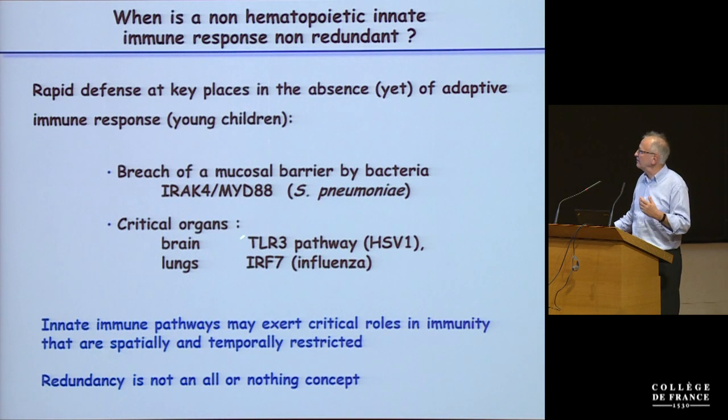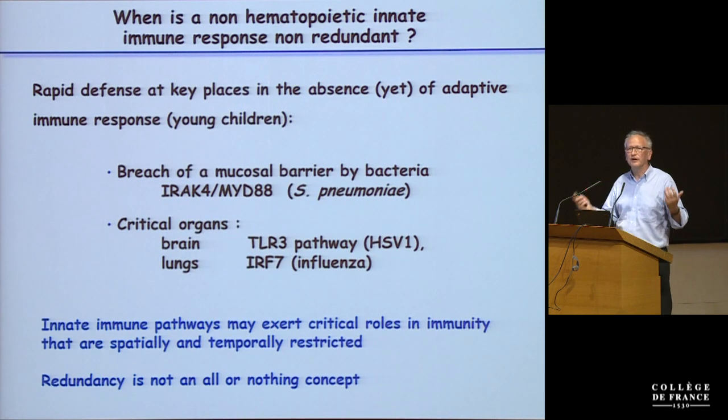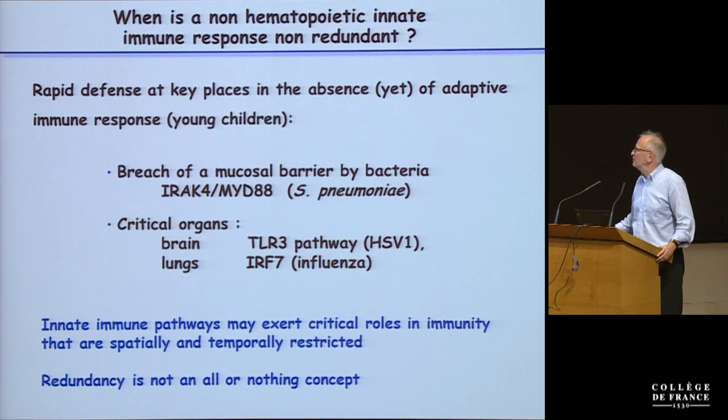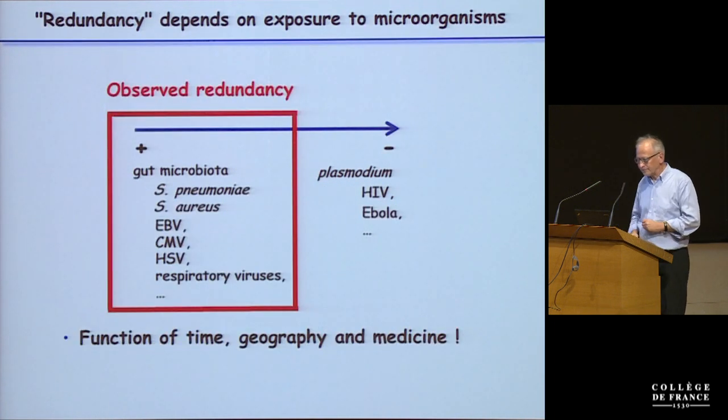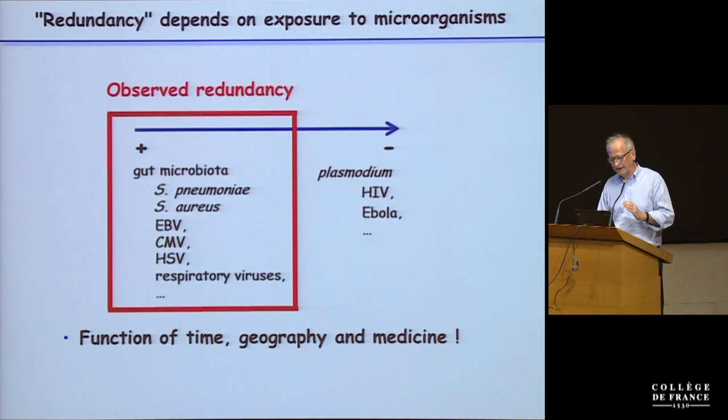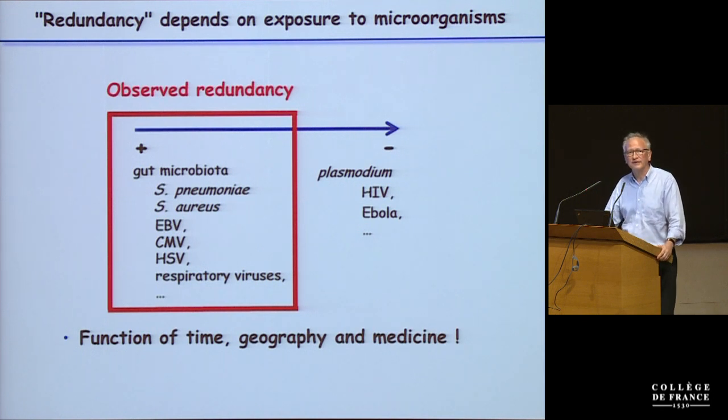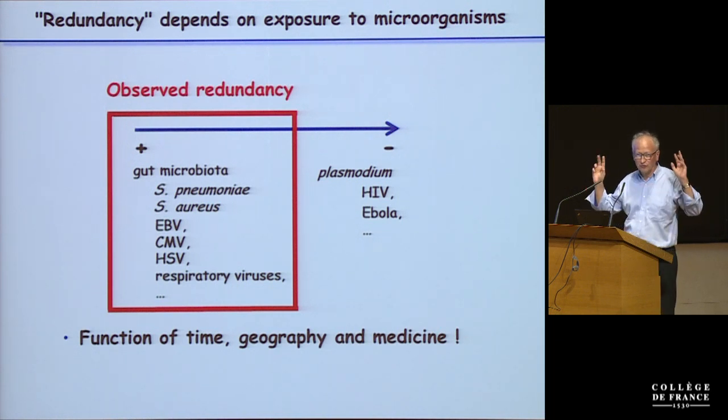For instance, we may consider that TLR3 is redundant in terms of immunity to many microbes, many viruses, since this is a receptor for nucleic acids, with the exception of HSV1 in the brain in young children. All right. Of course, I have to add a word of caution about these conclusions, since almost all of these observations were made in the context of quote-unquote modern medicine, that is in the Western world, where the